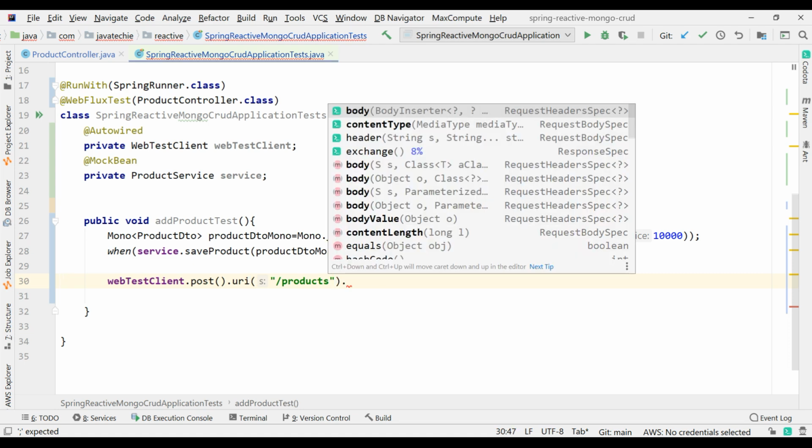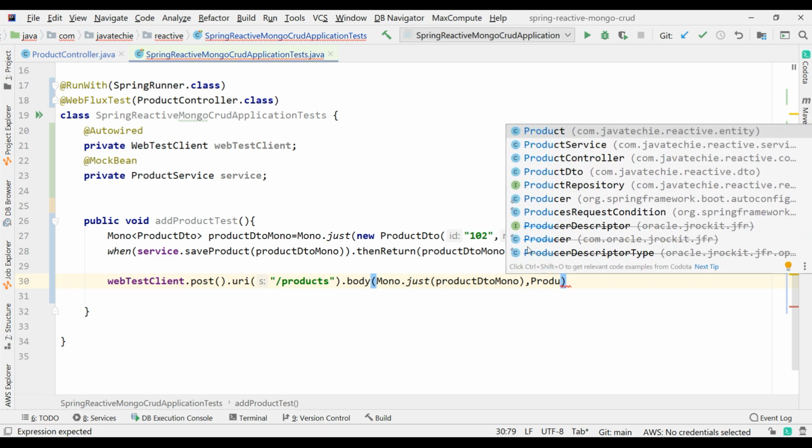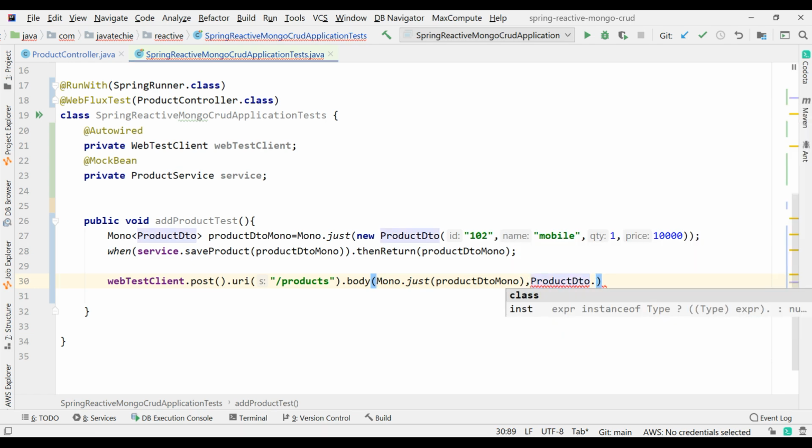Then give the body, which is of type Mono of product Mono, right? This is the body. Then you need to pass the class type, ProductDto.class. So let me format this.